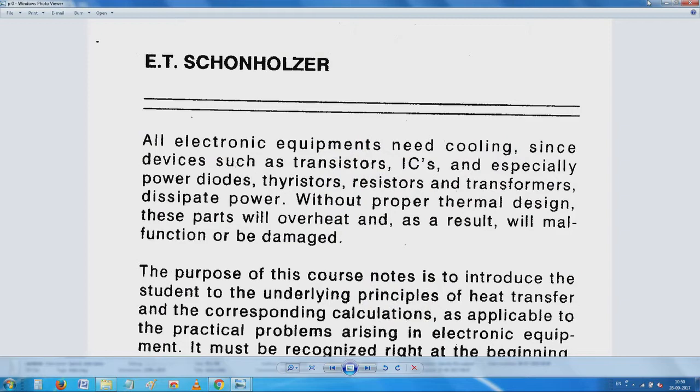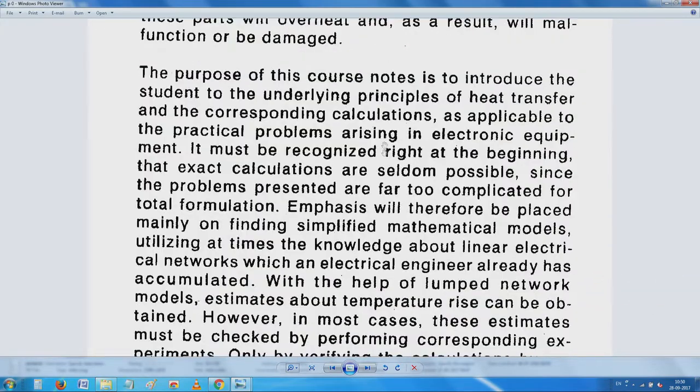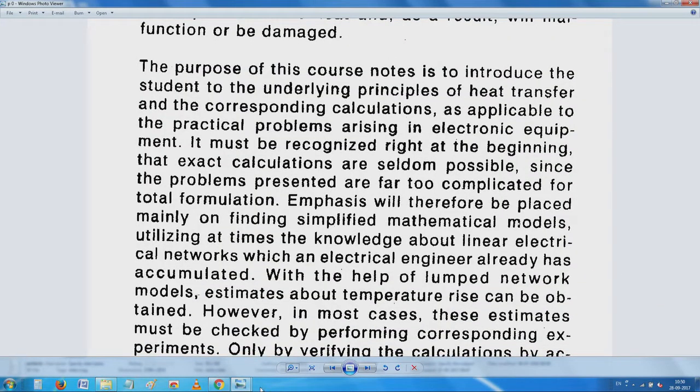Now can you look at my notes here? You see, one of the things is, without proper thermal design, parts will overheat and the result will be malfunction or damage. In the case of passive components, there is one way or the other. And then the second point, we are slowly coming to this, saying